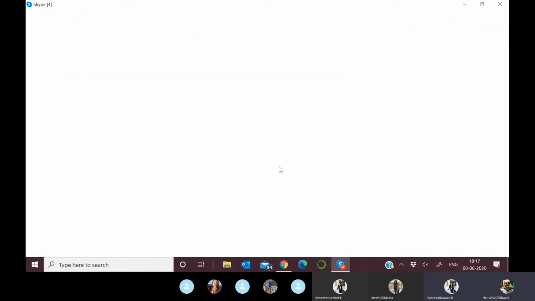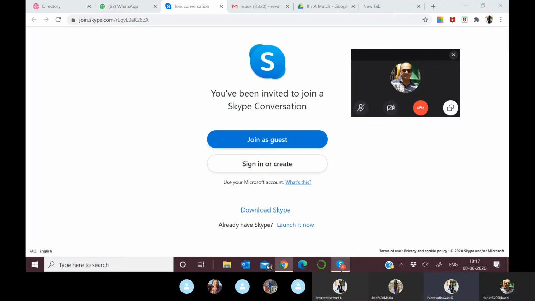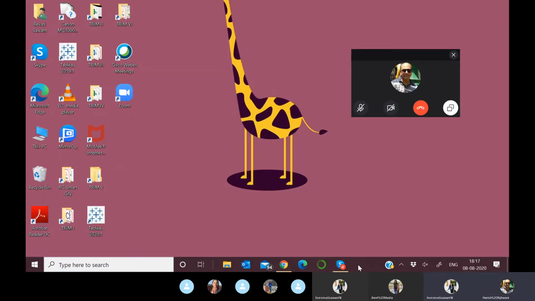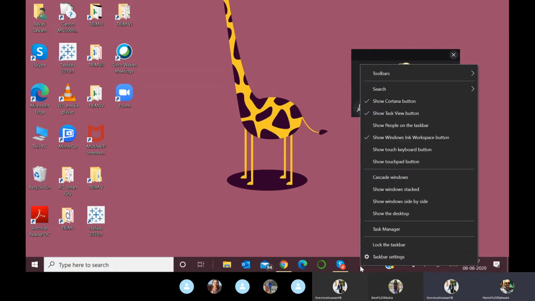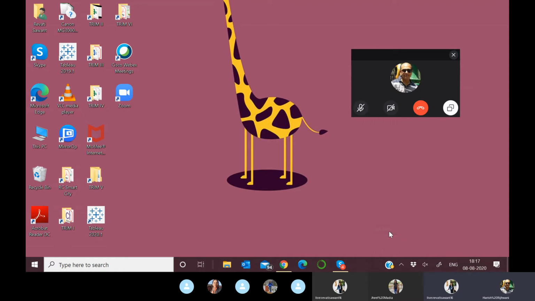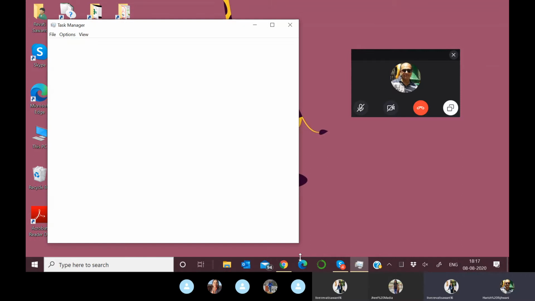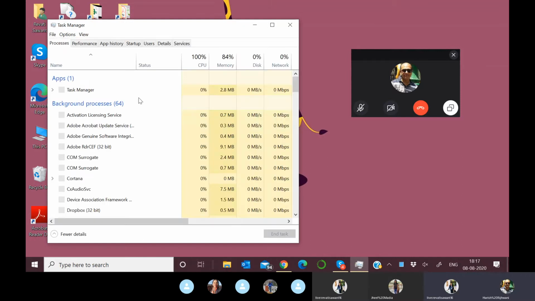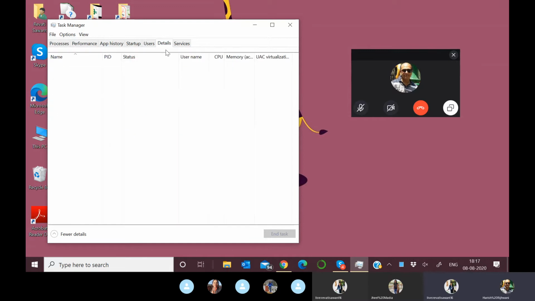Go to Task Manager. Task Manager, where is that? Right click here, Task Manager. Go to details. Do you see Jupyter in that?